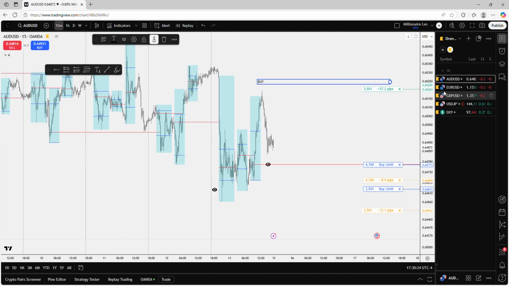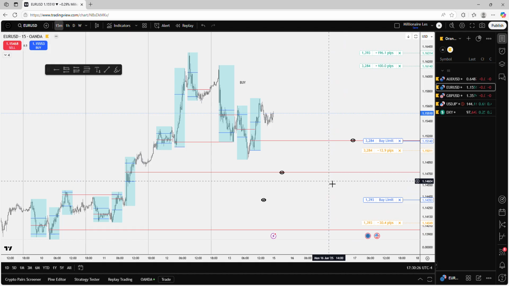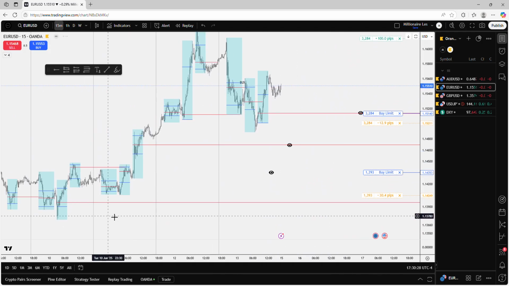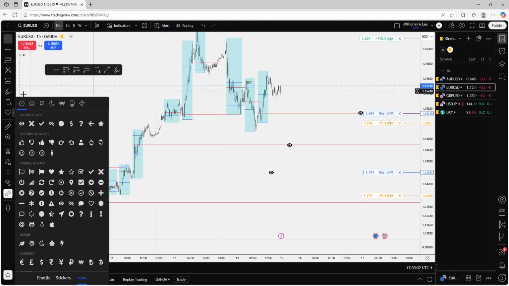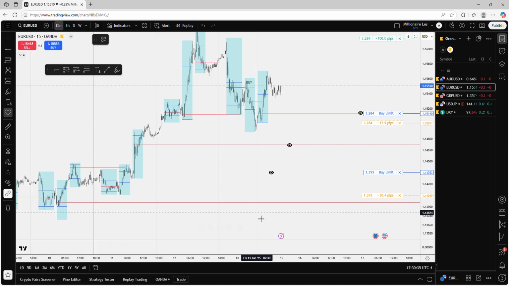All right, boom. Next pair, EUR USD. So I have three potentials, really four potentials. I don't think price is going to get this low with the euro. Something bad really has to happen if price gets this low with the euro on the session profile. But that's neither here nor there.